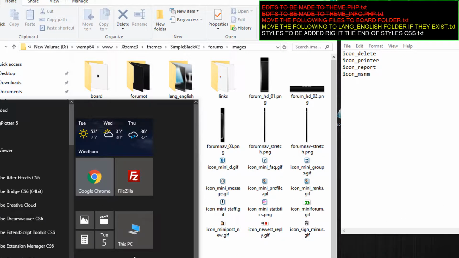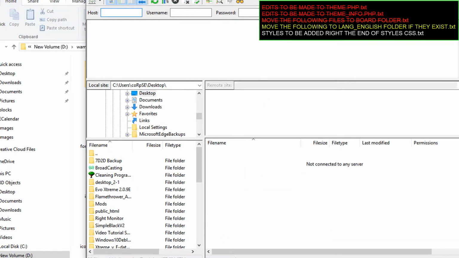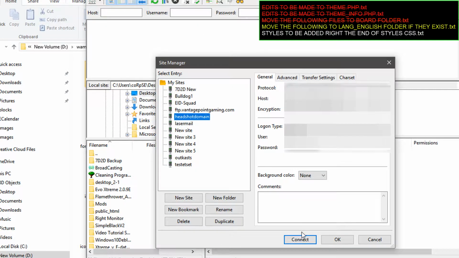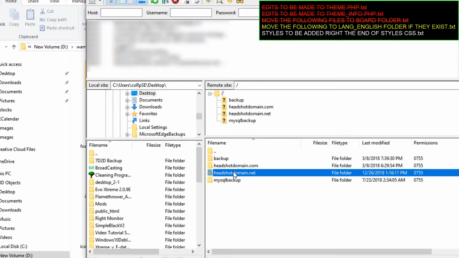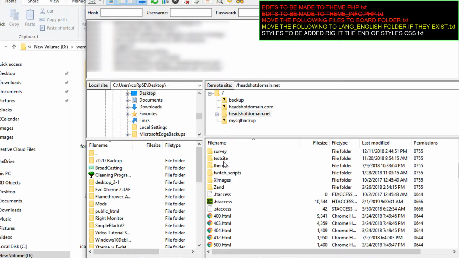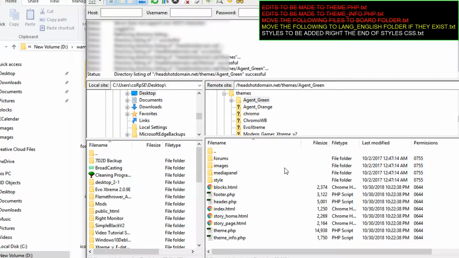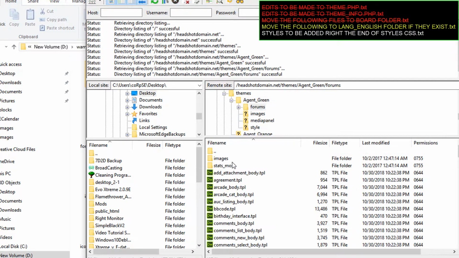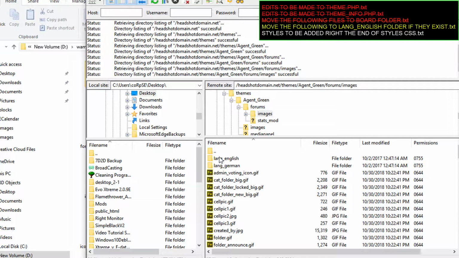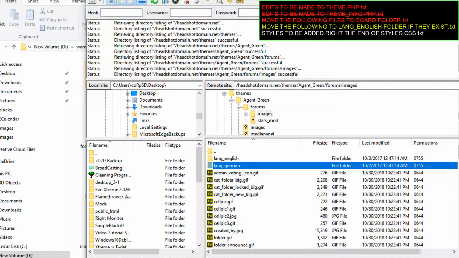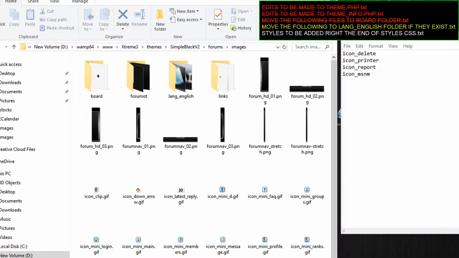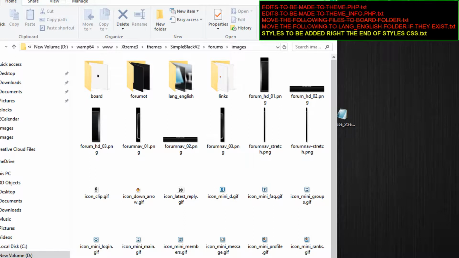So, like if I open up my FTP, I go to my site and open up, just say Agent Green, go into Forum, Images, you can see I have two folders in there, Lang English, Lang German. So let's close that out. And now that we're done with this one, let's move on to the next, which is